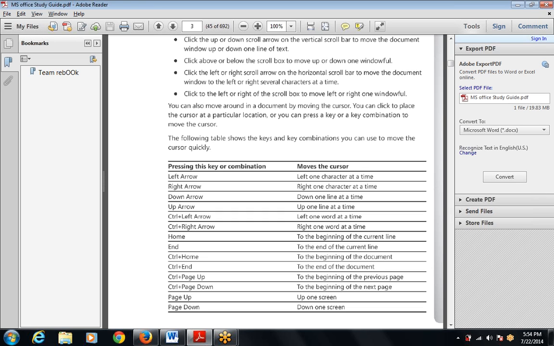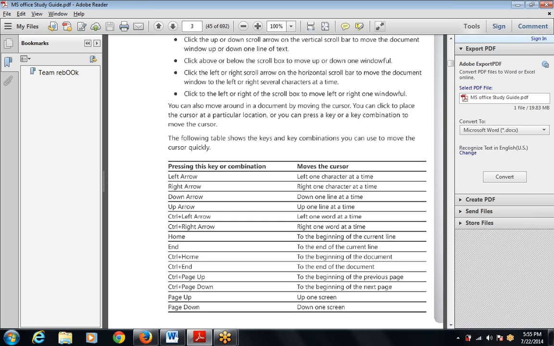Home places the cursor at the beginning of the current line, while End places the cursor at the end of the current line. So this is the main difference: the beginning of the current line and the end of the current line. Then Control plus Page Up is used to move the cursor to the beginning of the previous page, and